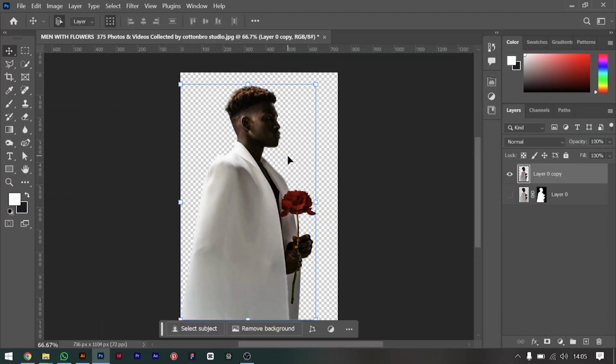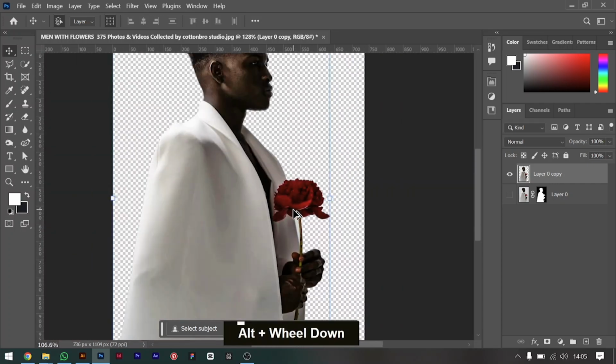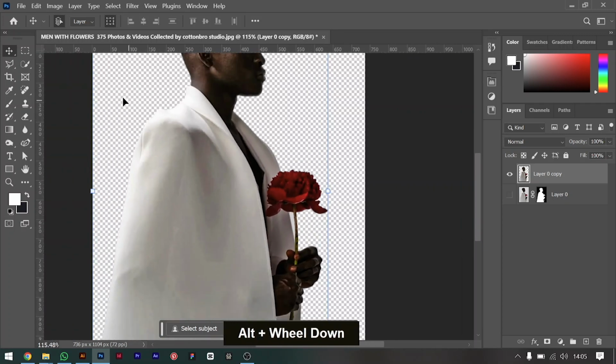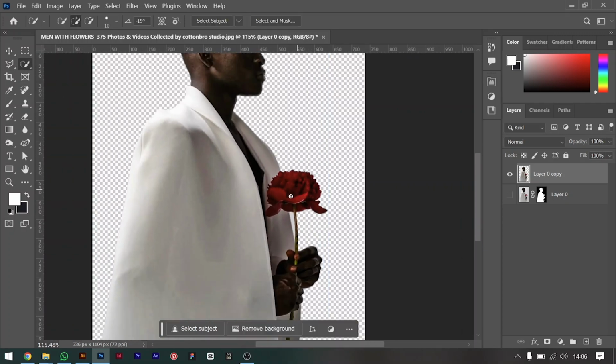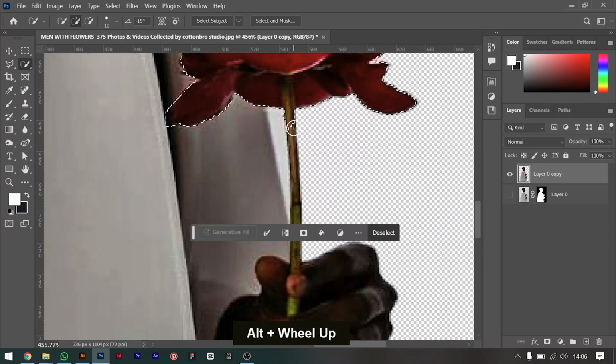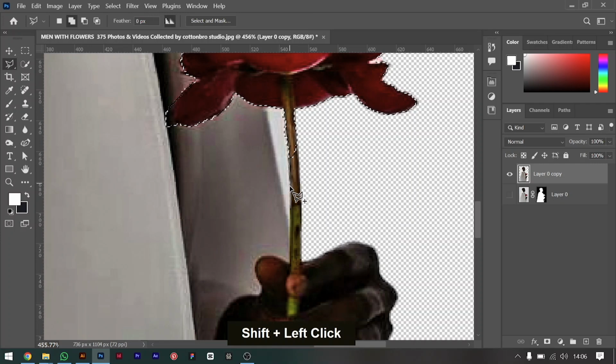So I think black and white will actually work very well with this. Just that we could select the part of the image that we want to stand out as still being colored, while the rest should be black and white. So I think the rose will do just that for us. We could select the rose there. We could also select the part of it. So this is one thing you might experience. We will have to use the lasso tool in this case. So hold on shift, and